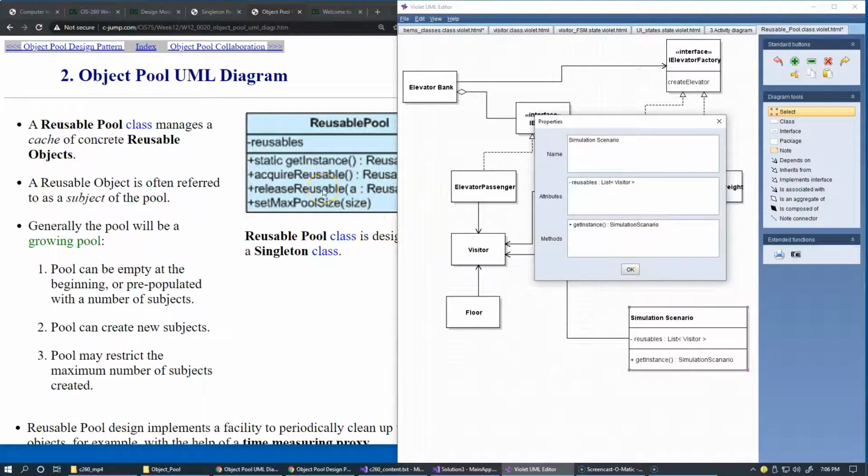Then the way we create new visitors is that we say acquire reusable. In our case, we can say acquire visitor or release visitor. Because we envision visitors as being reusable objects in the system, let's just use this terminology and say the next method is acquire visitor, and of course this will return a visitor,